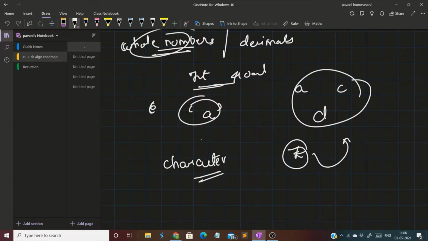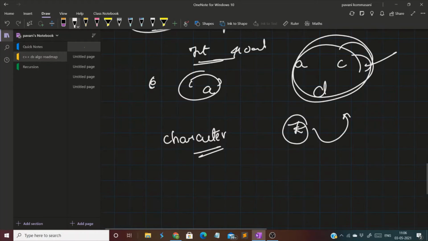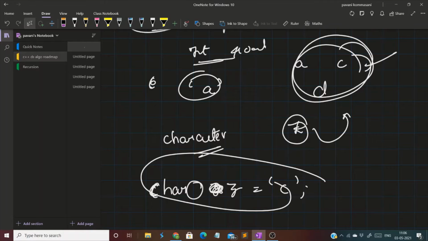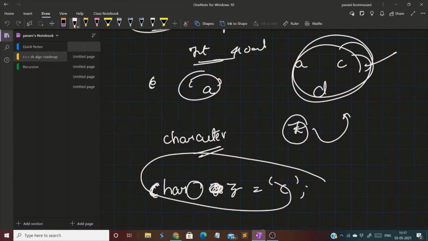Then a character data type must be represented. What is the data type representation? char. Some space should be given. Then next, the variable name. I'm considering the variable name as Z. Z equal to,